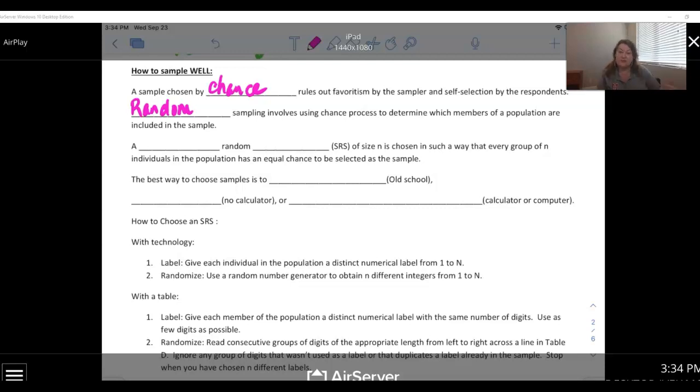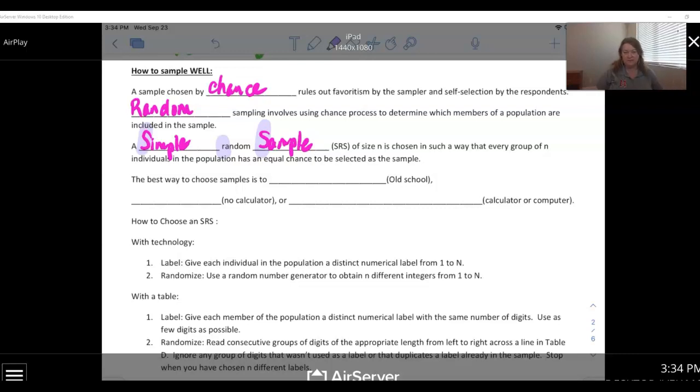Then we have one specialized name for a random sample, and that's called a simple random sample, or an SRS. This one is chosen in such a way that every group of a certain number of individuals in the population has an equal chance of being selected. And you're like, how is that different? Okay, so completely random. If I put